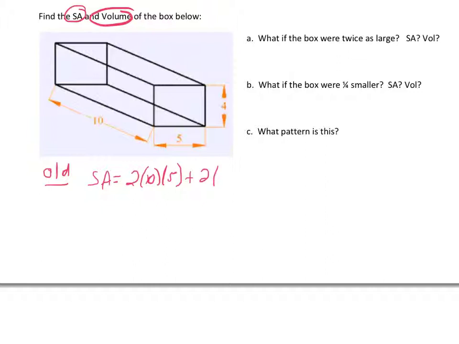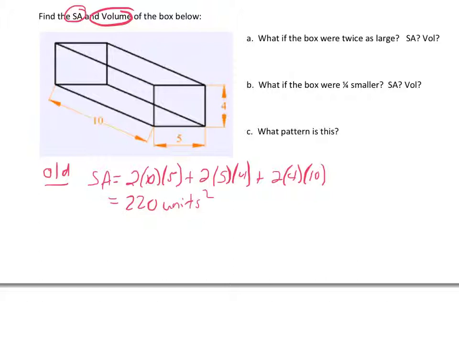And then you would have 2 times another pair of dimensions, which would be base and height, so 5 and 4. And then you have one more pair of dimensions, which would be 4 and 10, which is base and height, or length and height. That result is 220 units